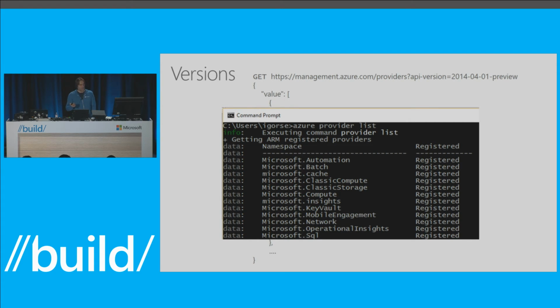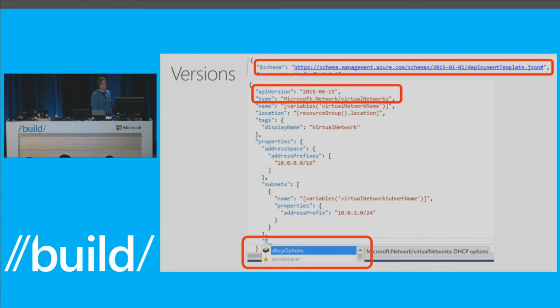The other thing is versions we largely handle inside of our scripting layer. So when you target a particular cloud, we will actually find out what versions we should be using, and so we make it easy for you if you're trying to use command line, if you're trying to use PowerShell, to interact with a multi-version cloud. But again, if you decided to go and program against APIs directly, then we actually give you all the information you need. What do we use these versions for? What's the point of using the versions?